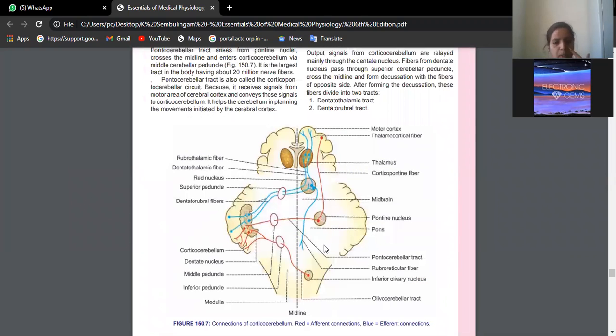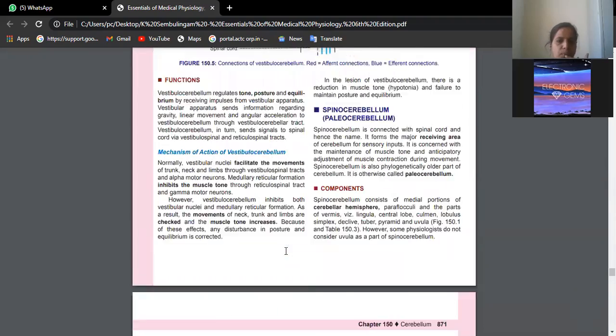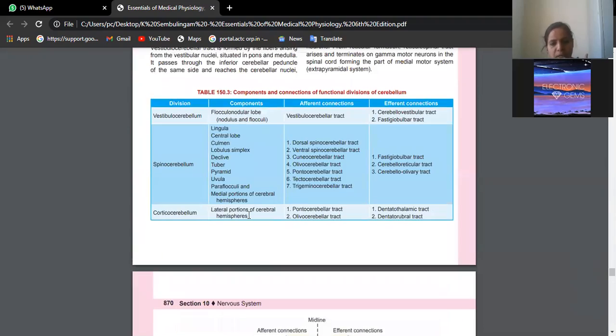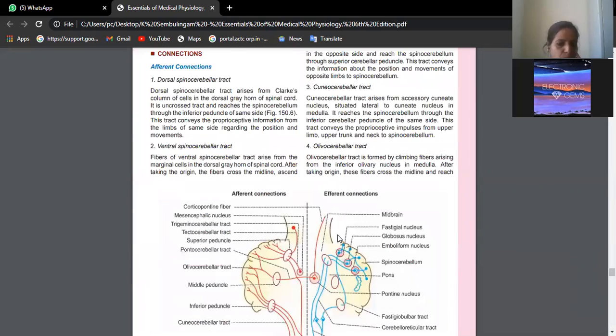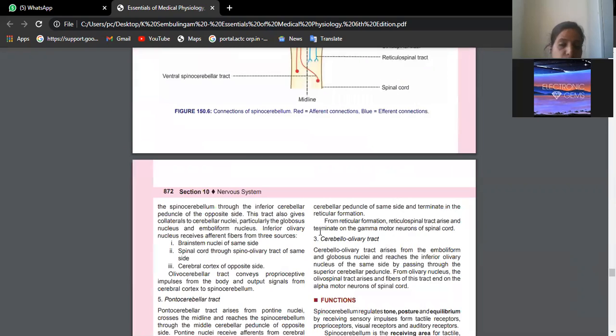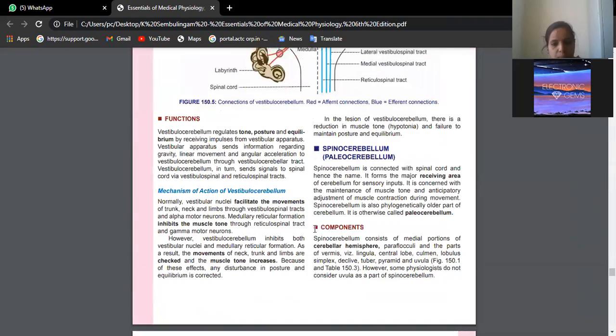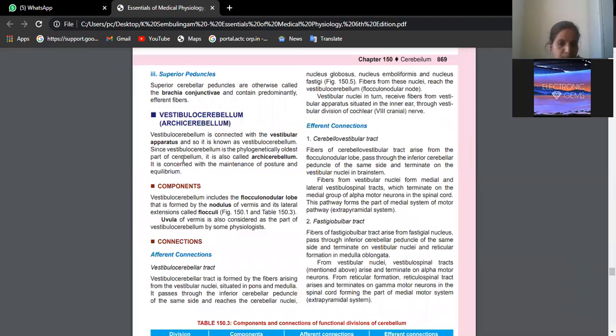It's easy. The corticocerebellum is the most advanced one, found in human beings. Better go with the corticocerebellum. Show all the connections we have in the corticocerebellum. Whatever you choose, you can even go with the spinocerebellum if you don't find it complicated. Once you know these three subdivisions, you should write about each. The functional component is very, very important.